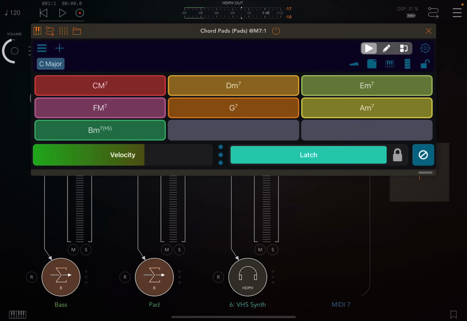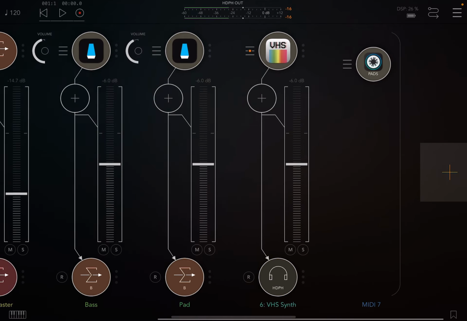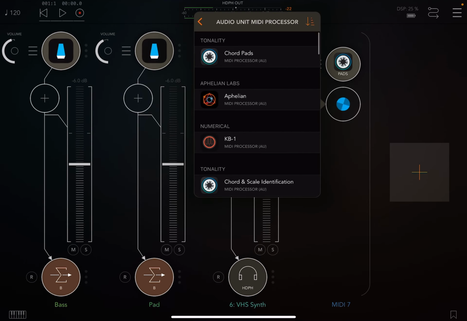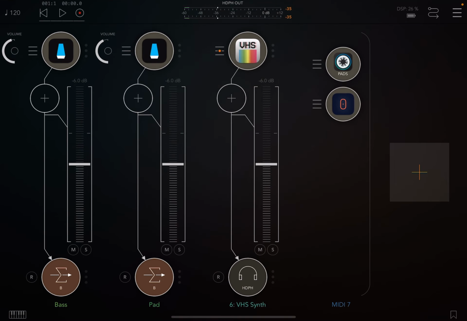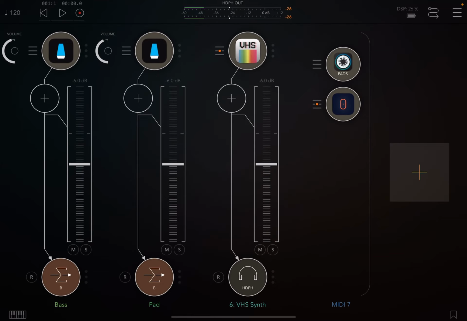So I'll probably just do that, and we'll run it into OODA. So once you figure out what your chords are, just play along until you figure out what it is. Then you need to route your pads into OODA, which I don't actually have installed yet. So if I add OODA, and we route the chord pad into OODA. So now when I press the pad, I'll hear it in VHS synth, but I'll also record it into OODA. So if we go now to OODA,